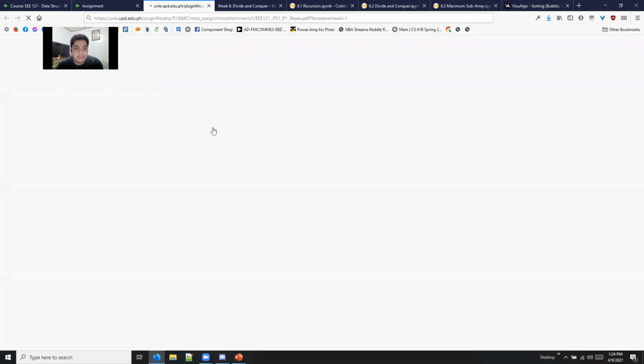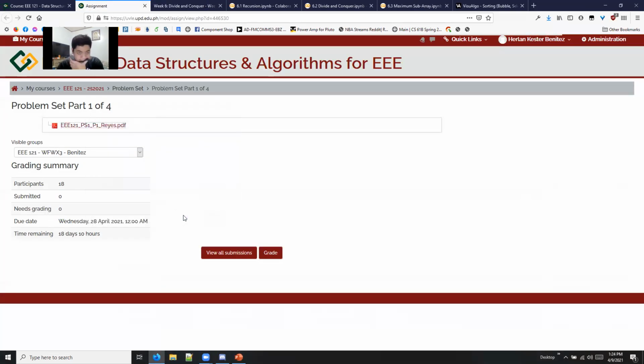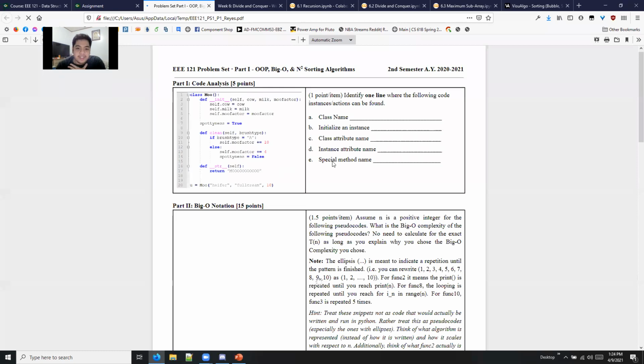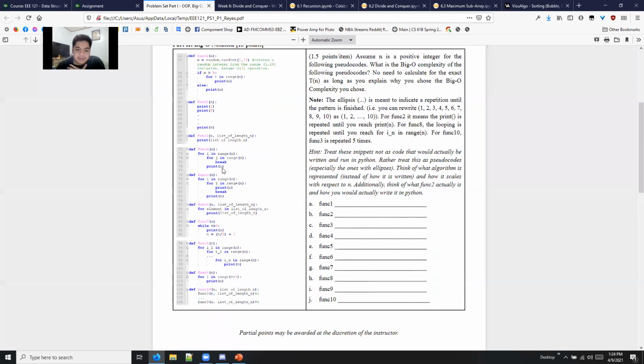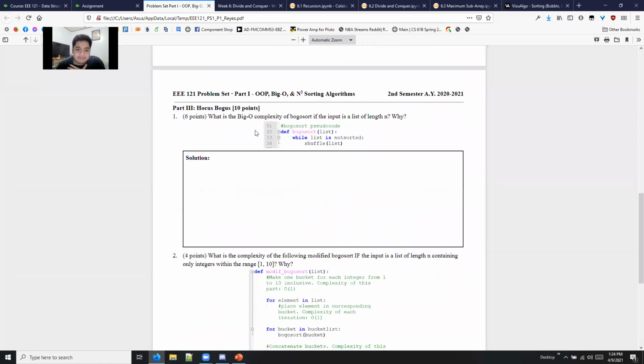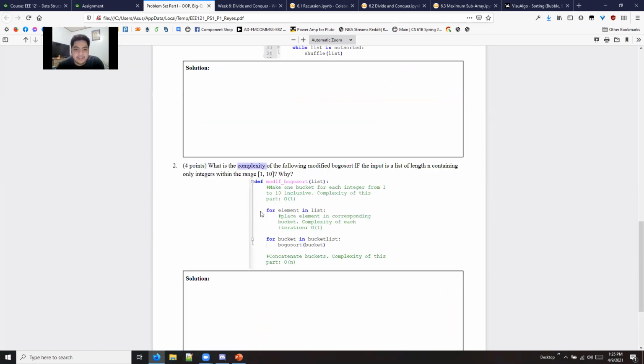Gusto niyo siyang silipin. Part 1 is, ito, yung first is analysis of Python code. So basically, just checking if you're still familiar with the syntax. And then yung next is time complexity na. Actually, time complexity pa rin siya. So basically, time complexity of